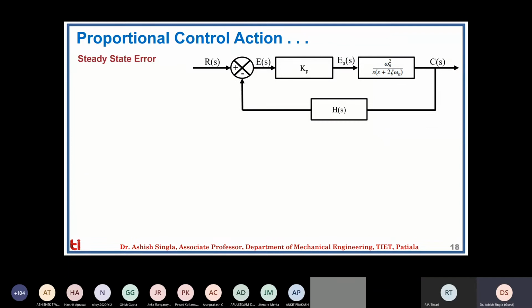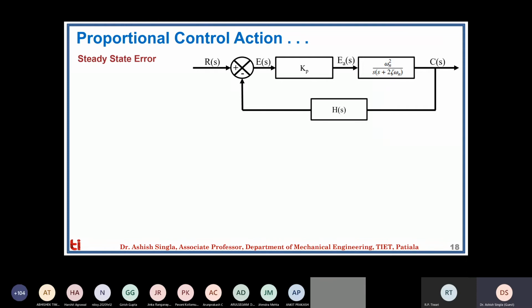So let's try to calculate the steady state error. This steady state error is very important because we have to understand what kind of application is there. If it is, let's say, a welding job or a painting job, and the road is 50 feet wide and the robot is deployed to paint the lines at the center of the road, then if the robot makes an error of, let's say, 10 mm or 20 mm, that will not make any difference because the road is already 100 or 200 feet wide. So a 20 mm error is not a big deal.